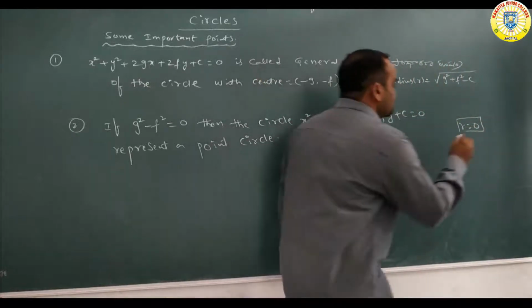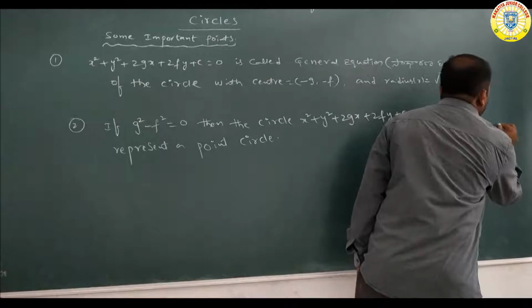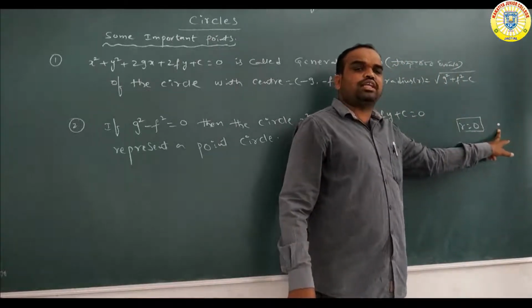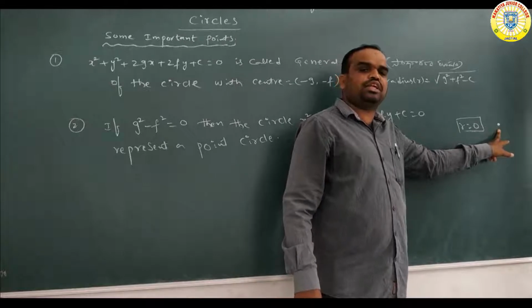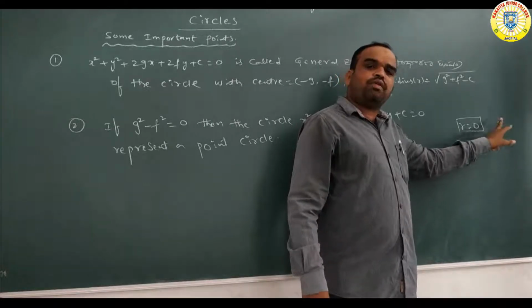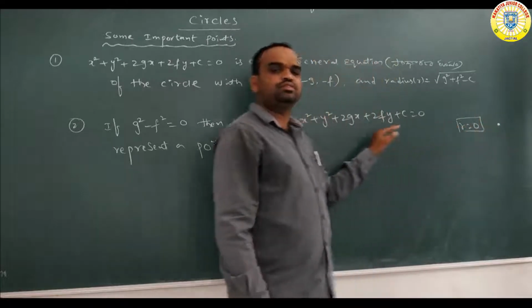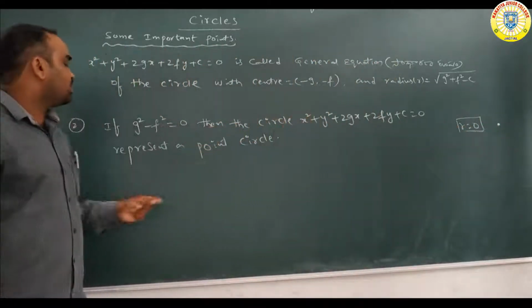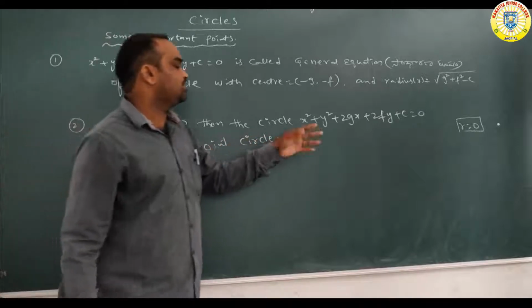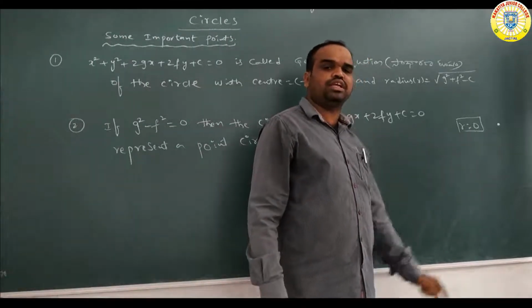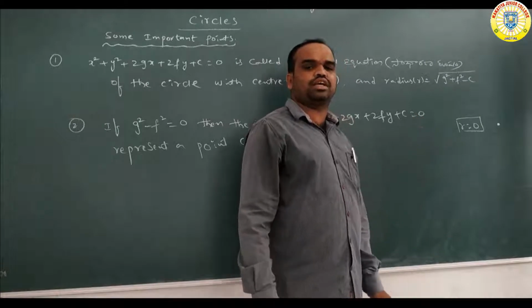Okay. So in this one only one point is there. Like this one. This is also a circle. Okay, in this one the center and the point are both the same. This is nothing but a point circle. See here, the radius of the circle is 0. Now if the radius of the circle is 0, it is nothing but a point circle.